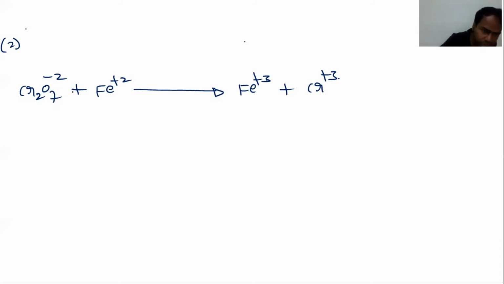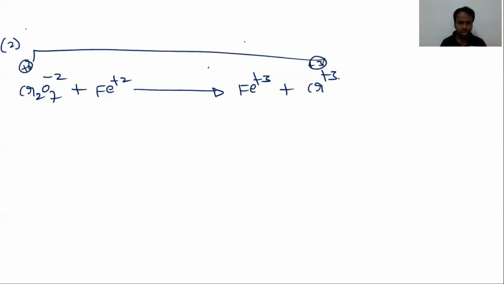Now I am going to balance this reaction in a single step. See here, find the chromium oxidation state, that is plus 6. Here chromium is plus 3. So here there is a decrease in oxidation number; this is called reduction. What is the change for one chromium atom? That is 3. But we need to find the change in oxidation state for the total molecule. In this ion, there are 2 chromiums. That's why 2 into 3, that is 6. So the total change in oxidation state is 6.